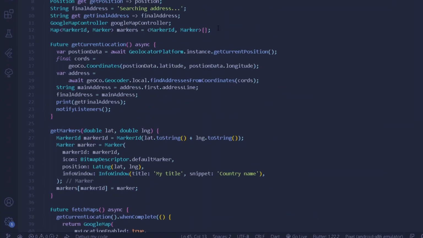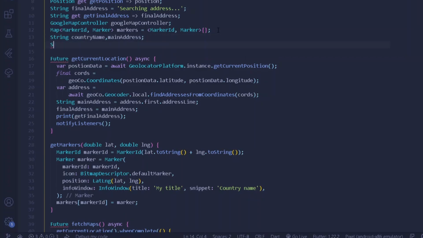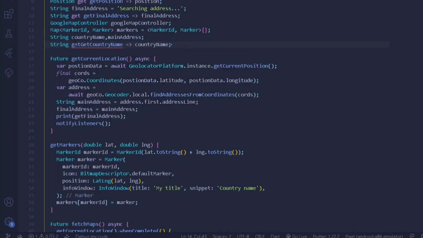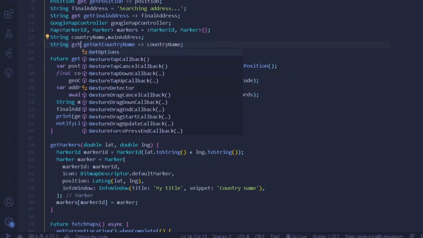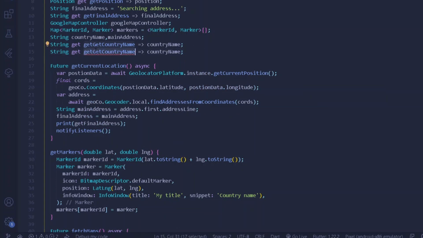So let's do one thing, that is create some different fields for the country name. So here I will be simply adding country name, also main address. Let's have somewhat getters for them. Get, alright, a get parameter here, and after this same for main address.